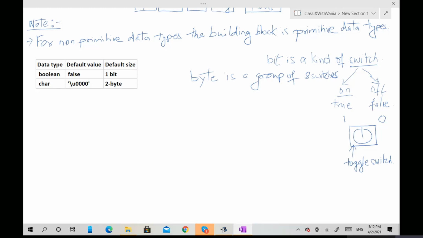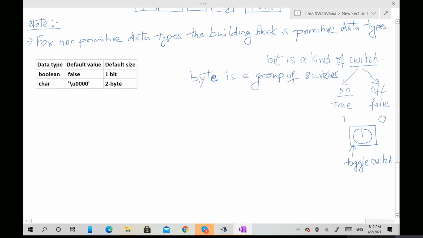Is my handwriting fine, or do I need to improve it? Because what happens if after a few days I myself don't understand my own handwriting. My teachers used to complain about this: your handwriting is not good. So if you don't understand, just tell me. I'm trying all my life to improve it. If you see my handwriting in my school book, it's very horrible. I personally don't like it.